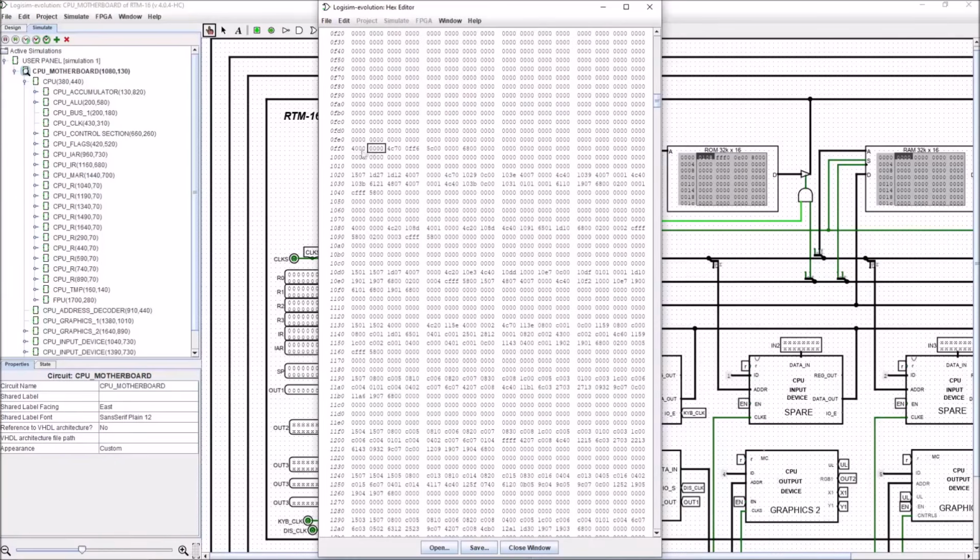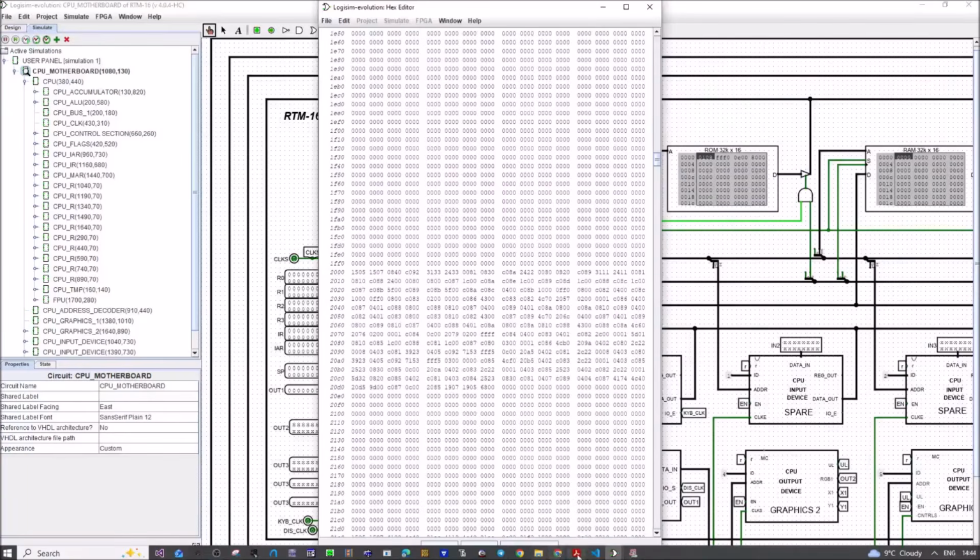0FF0. And this is the beginning of our mathematics library. So this is the integer maths library, and you can see we've got one subroutine here, and a little gap, another subroutine, and a little gap, and another subroutine. And these are all the individual subroutines within that particular library. And you see them all here. It's quite a big library, and it heads down to this point here. So this is the end of it, okay? And now we've got a gap before the next block. So the next block is